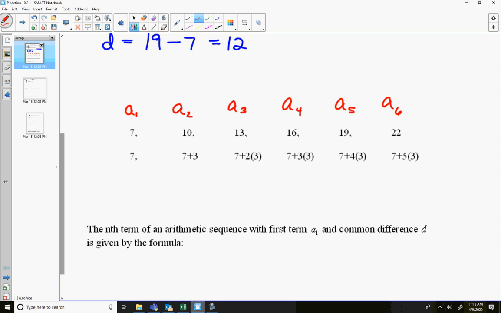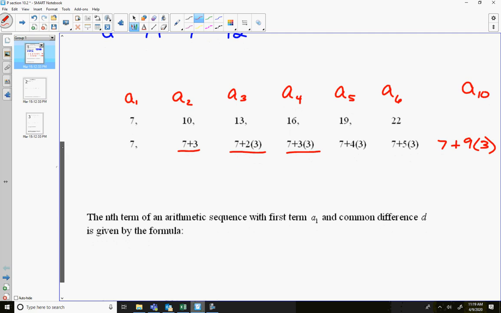Now, going back, we could also look at this as the first term is just 7. The second term is 7 plus 3. The third term, going back to the beginning, is that first term 7, but now plus 2 groups of 3. The fourth term is 7 plus 3 groups of 3, etc. If I were to jump all the way to the 10th term, how would I figure out what the 10th term is? Well, it would be 7 plus 9 of those 3's,